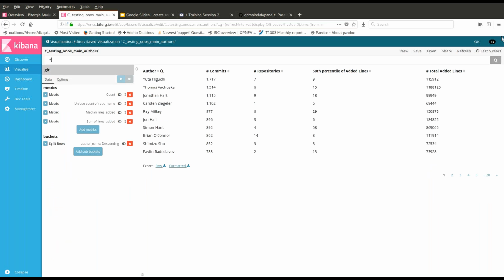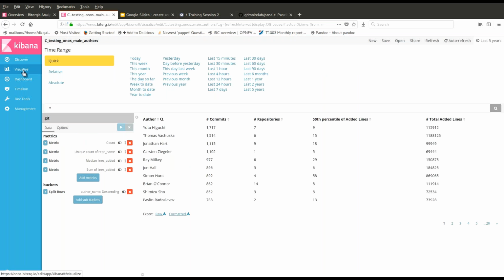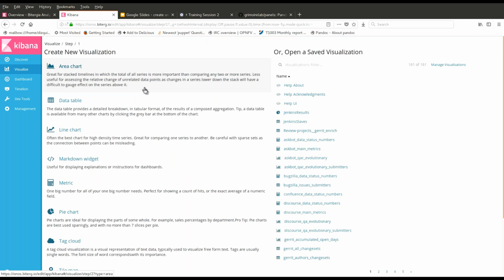So let's click again on visualize. What other things do we have here? Area chart. So basically it's the typical line chart, but with areas. Data table is the one that we produce. The line chart is basically to create line charts. Markdown widget, you can create your own things here in terms of